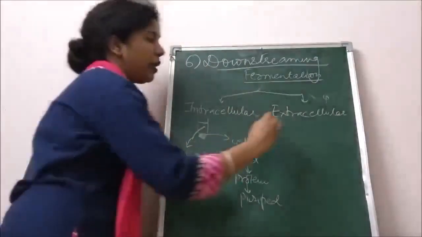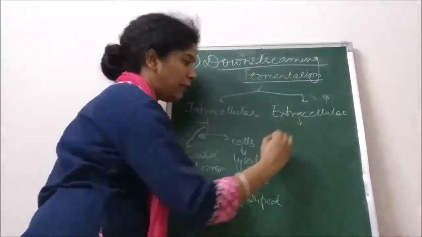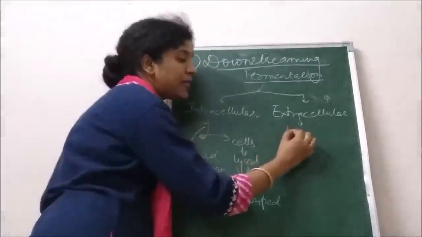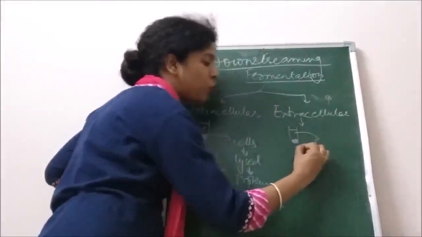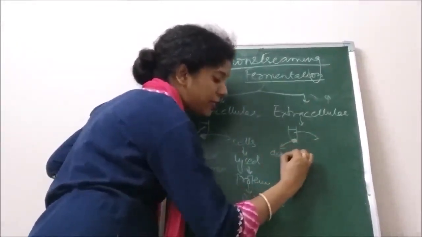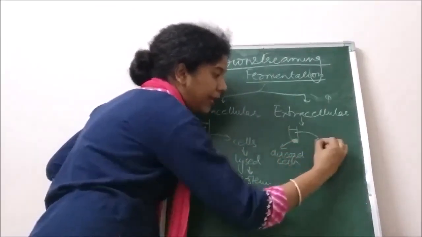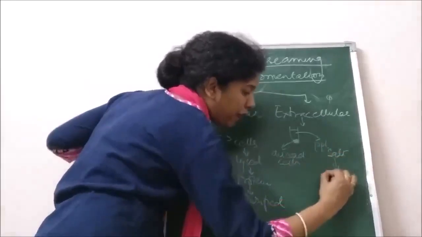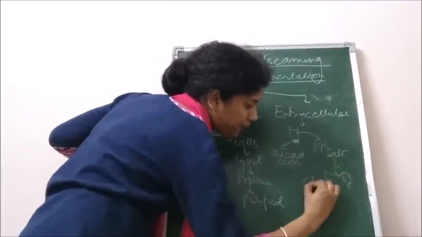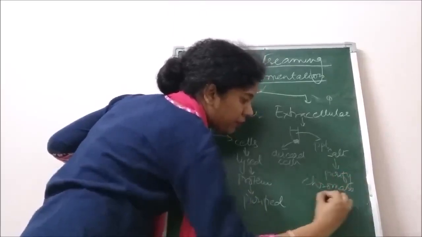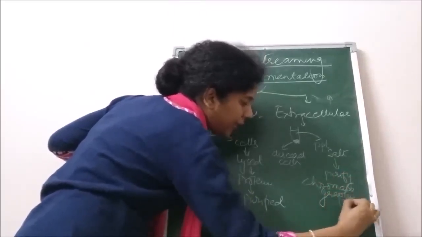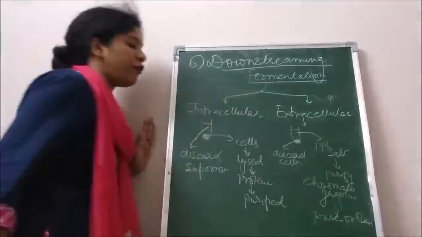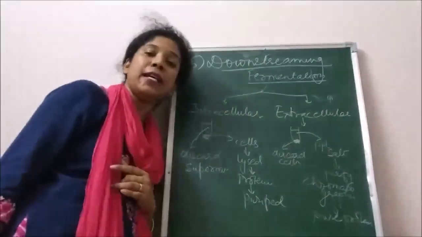However, if it is extracellular, again from the fermentation tank we are going to take the medium and do the centrifugation. The cells are going to settle at the bottom, but this time our protein is in the supernatant. So we are going to keep the supernatant and discard the cells. Then we are going to precipitate the protein with the help of a salt and purify it with the help of various chromatography. Then we are going to get the pure protein. A very standard example of a protein which we are getting from biotechnology is insulin.